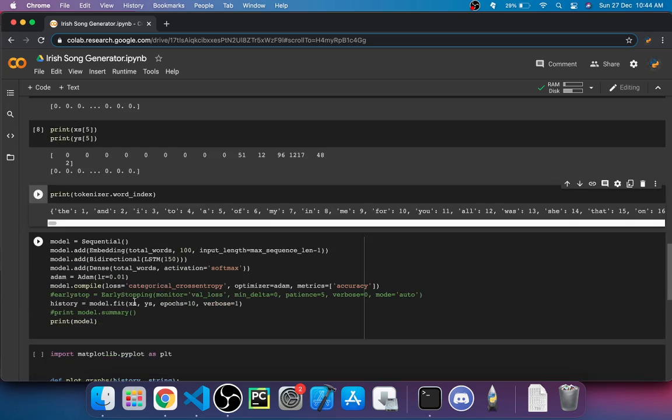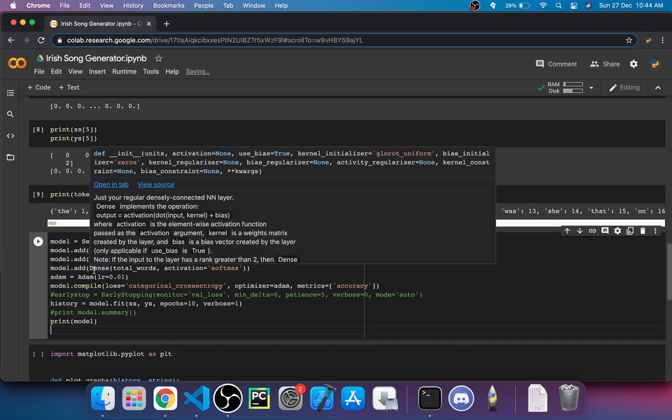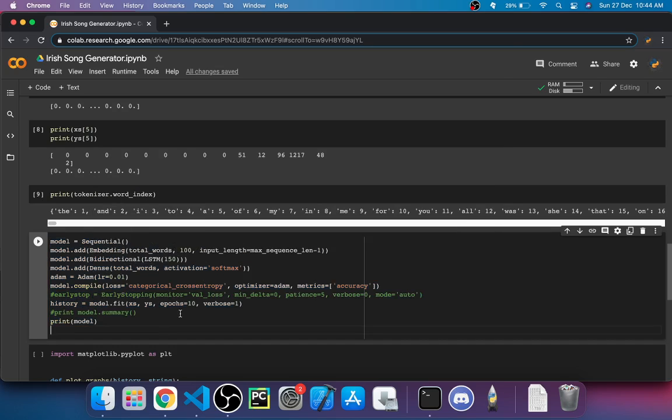Now we have created the neural network over here. This neural network is not a CNN, it's called an RNN, or a recurrent neural network. A recurrent neural network does not use convolutions, it uses stuff like embedding layers and LSTM layers. What an embedding layer does is, let's just say the words good and bad.